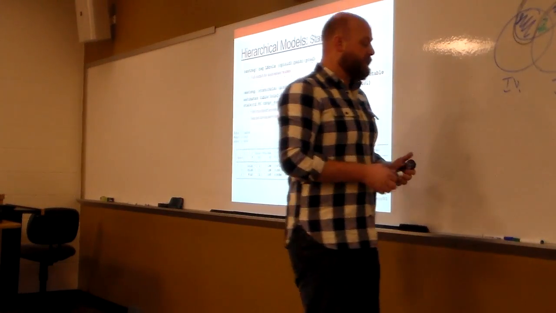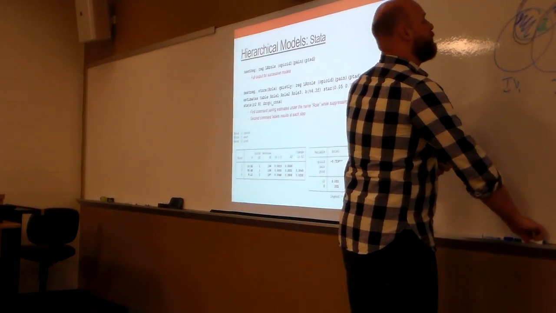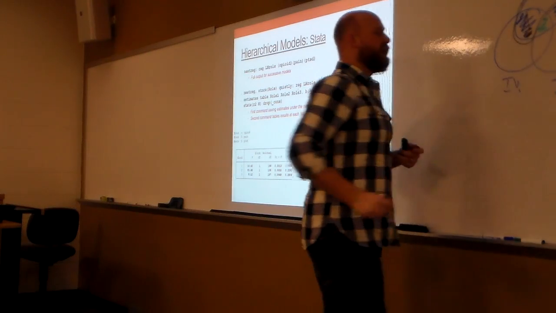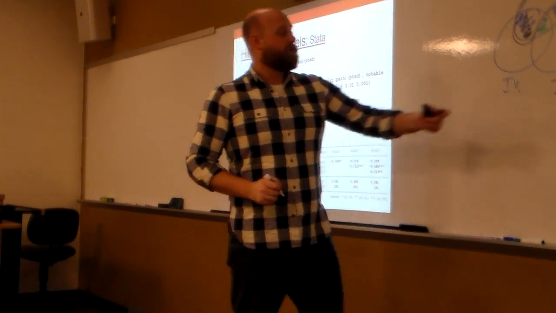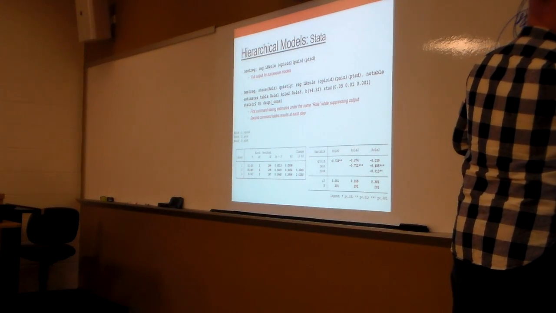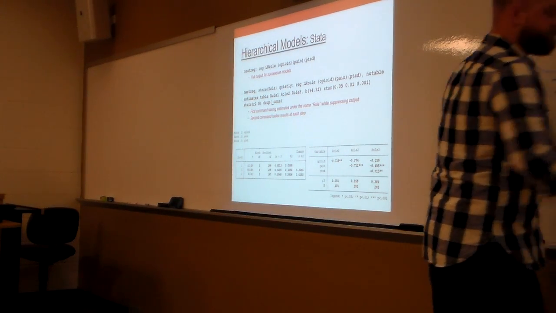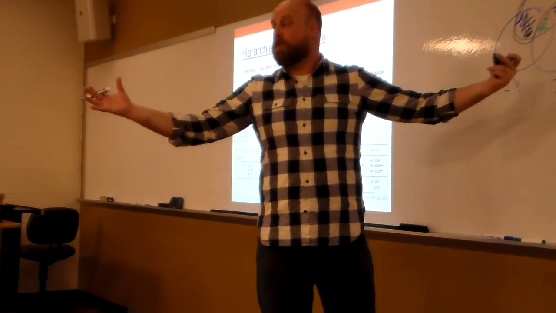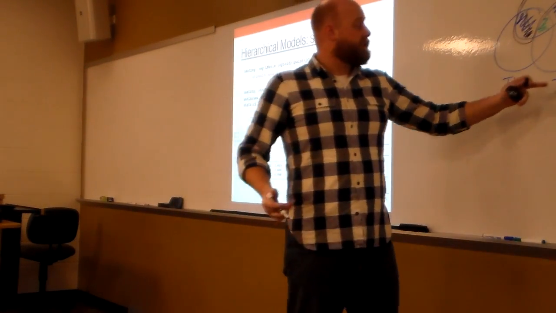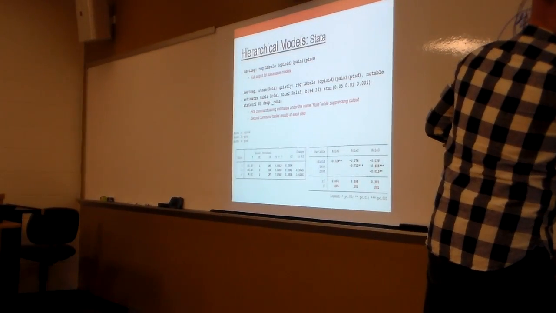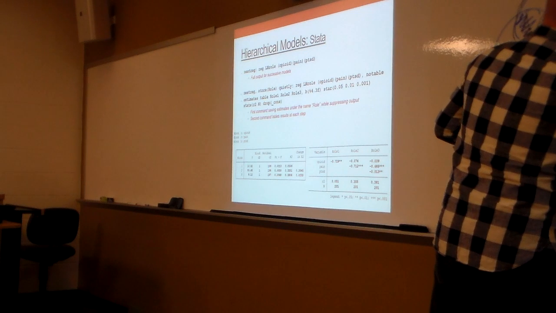So if this is area A, my semi-partial correlation is A over total. What proportion of all the variability in my outcome is this? Versus my partial, which is A over